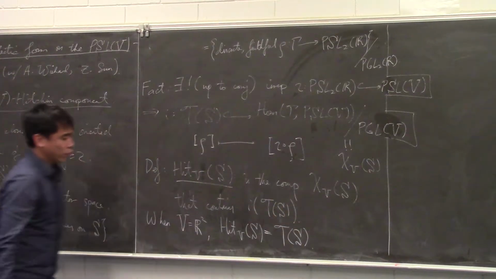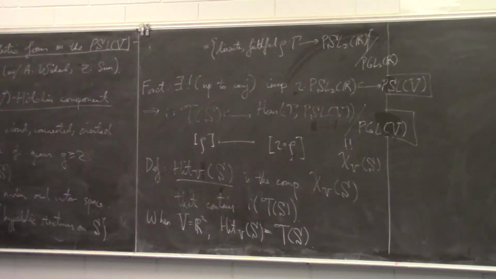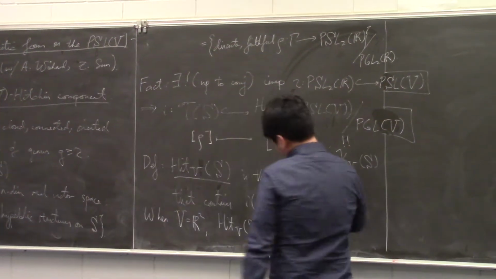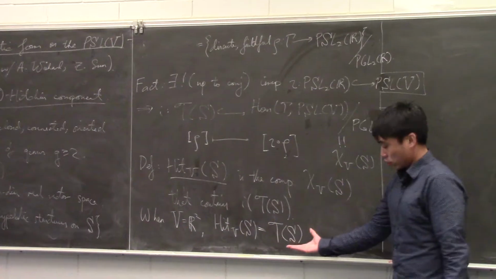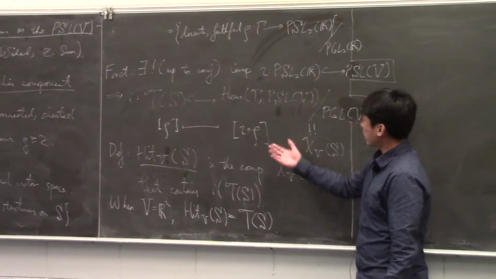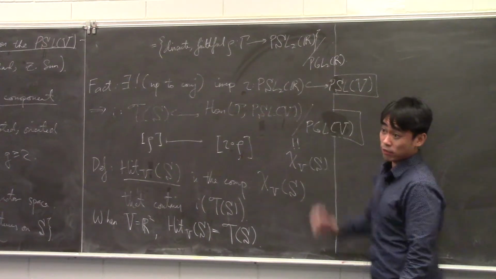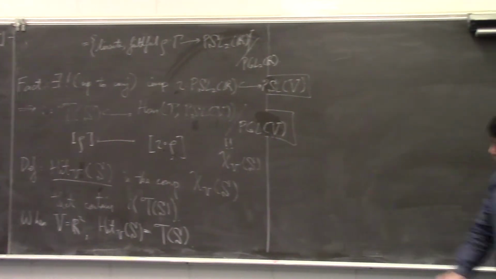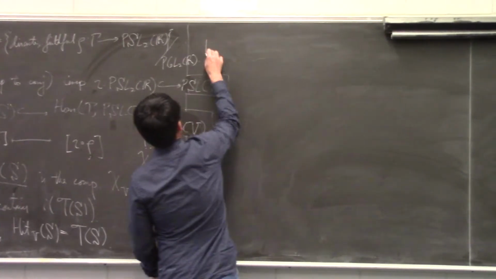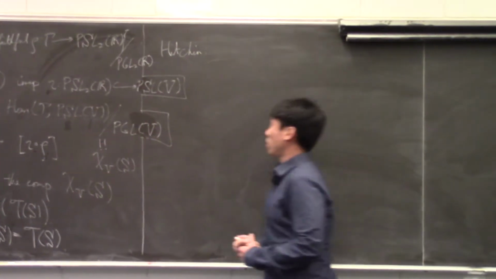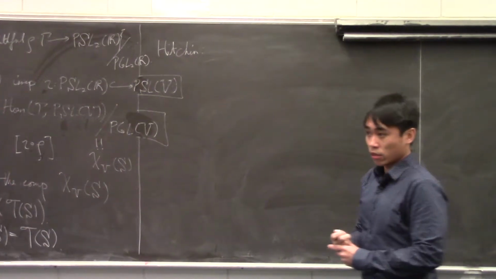Okay, so the fact you need is that the Teichmüller space is a connected component of its character variety. So you can think of the Hitchin component as a generalization of the Teichmüller space to the setting when my target group is something more general. It's not PSL2R, it's PSLV. Now the first general result proven about the PSLV Hitchin component is a theorem by Nigel Hitchin, who used